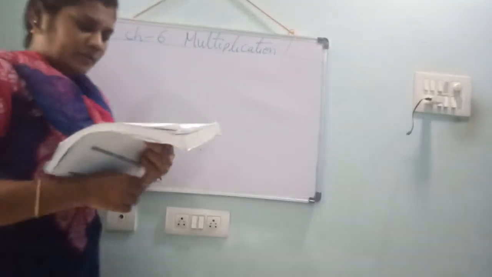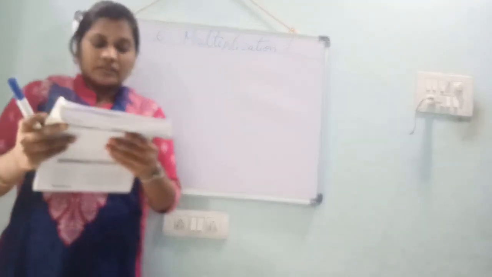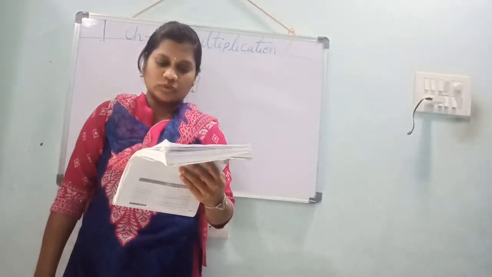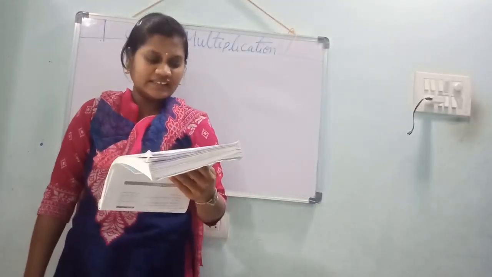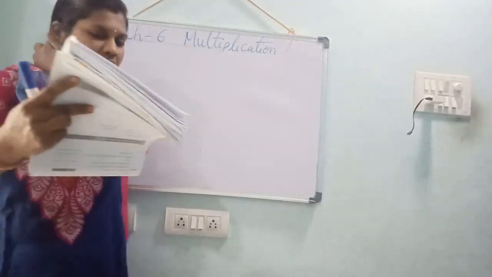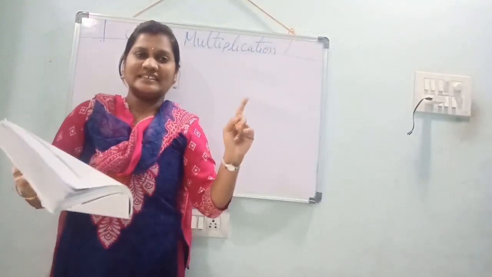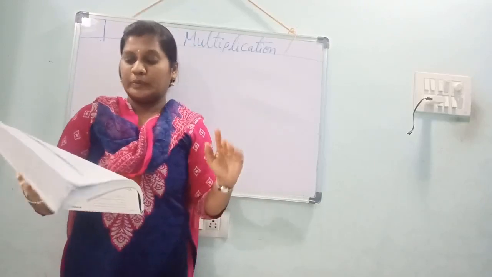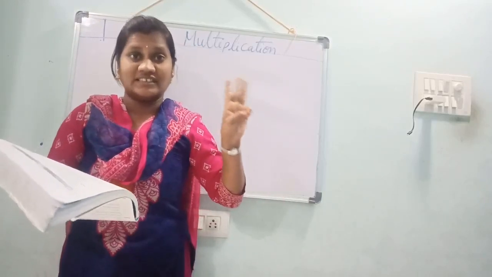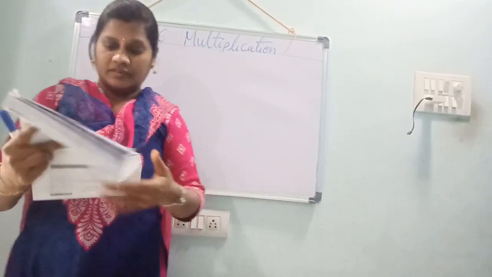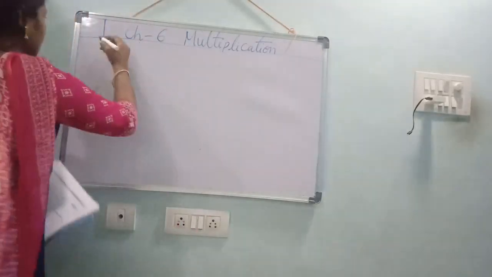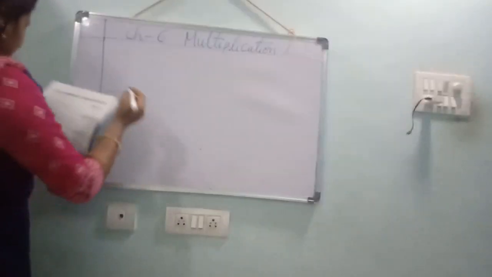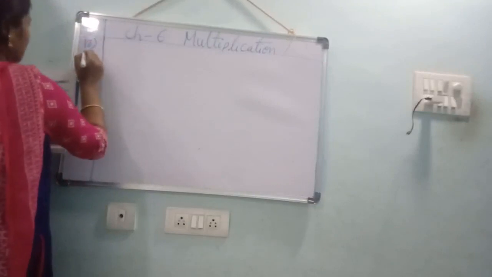Children, 18th one. One chart paper has 371 words. How many words would be there on 3 such chart papers? See, one chart paper has 371 words. How many words would be on 3 such charts? You should find. See, 18th one, solution.